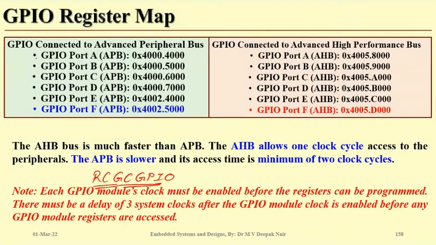So if you are interested in port F, then you must enable the clock of that particular GPIO using this register, RCGC GPIO. And we have used RCGC GPIO to configure port F. Now coming to arrays and pointers, and how we can use